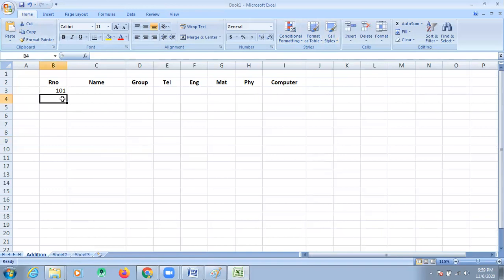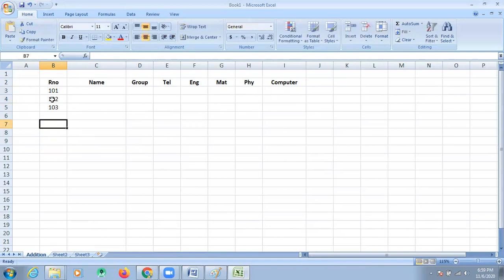Then I entered, look here, 102 and 103. Just drag and drop to 105. This is a special feature, autofill.